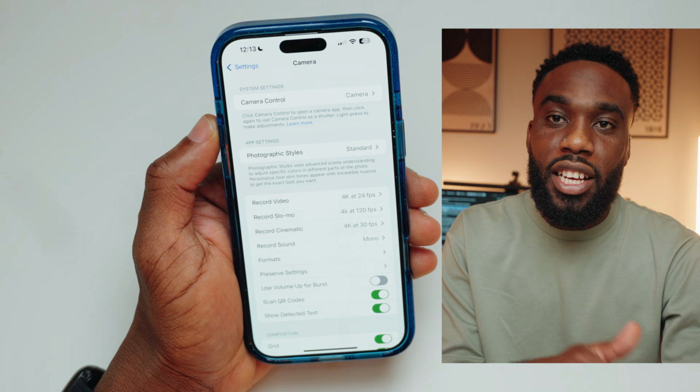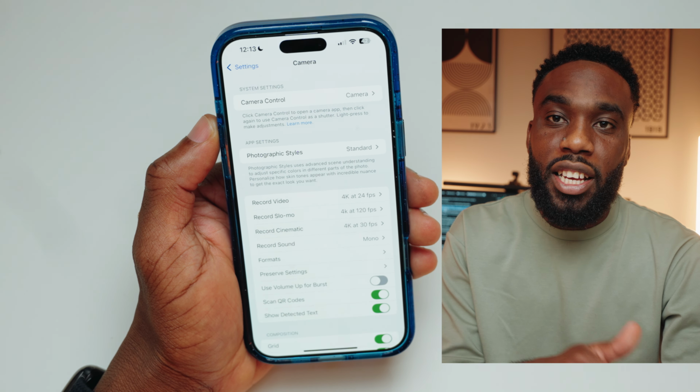And then if you record in something like a log format, and this is a professional recording setting that allows you to capture as much dynamic range of pictures and images and just colors from your phone itself. And then after, in post-production, you would enable something like a LUT, also known as a lookup table, in order to extract and enhance the image of your phone. That is kind of a complex process, something that I would not necessarily go over in this video, but I would suggest, if you want to have the best recording settings, and I'll probably do a video on this, just